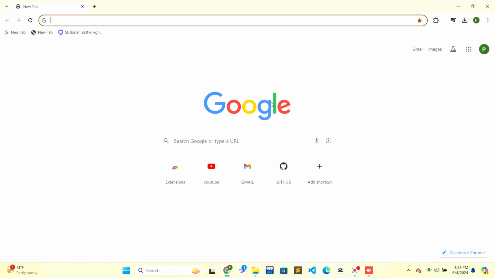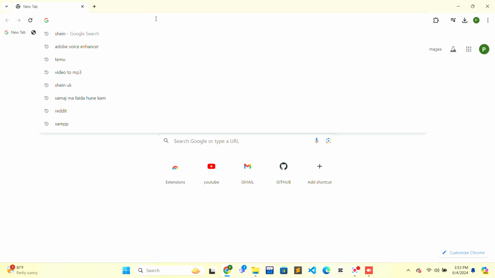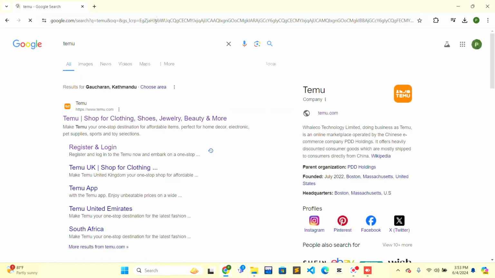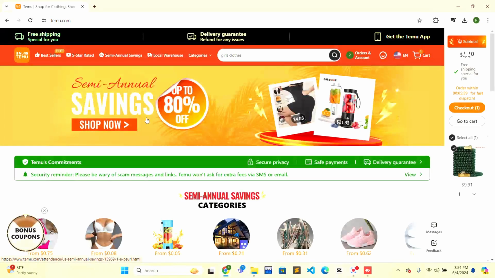So firstly you need to open the web browser of the switch. Now go to the top of the web browser. There will be a search bar. Click on the search bar and type for Temu and press enter on the keyboard. After that you just have to click on the first search result, that is Temu, and your official website will